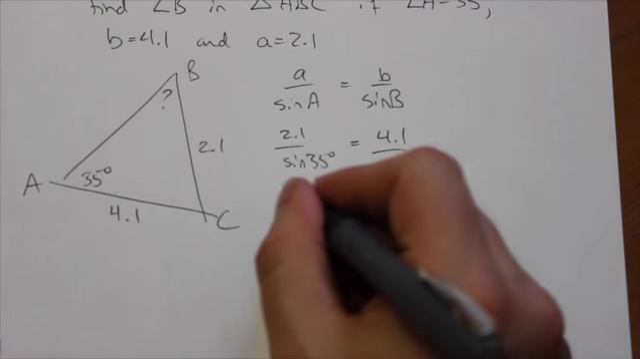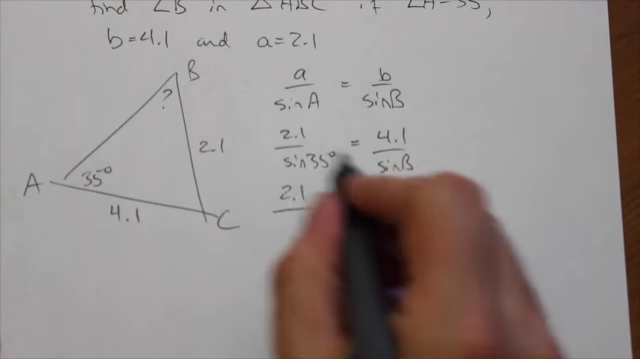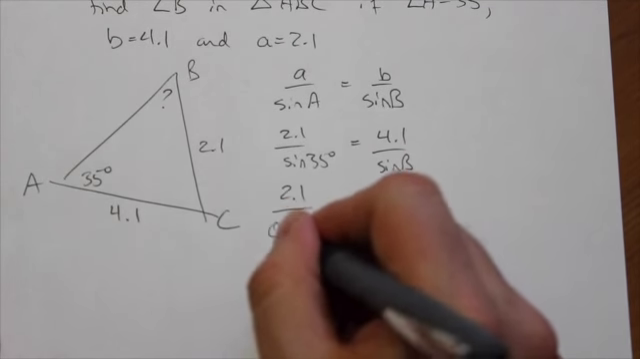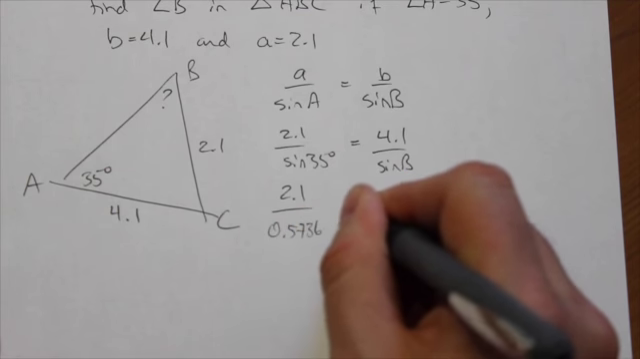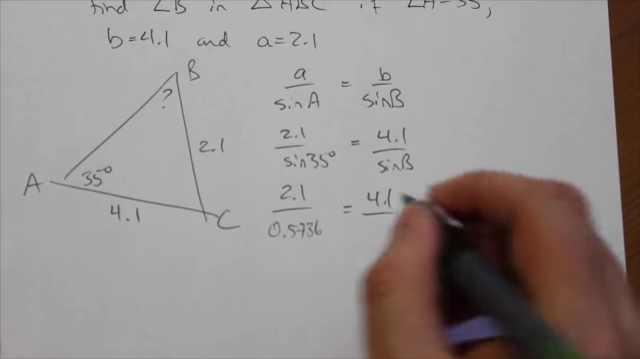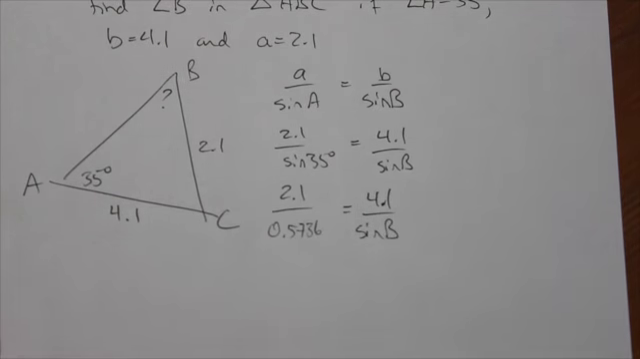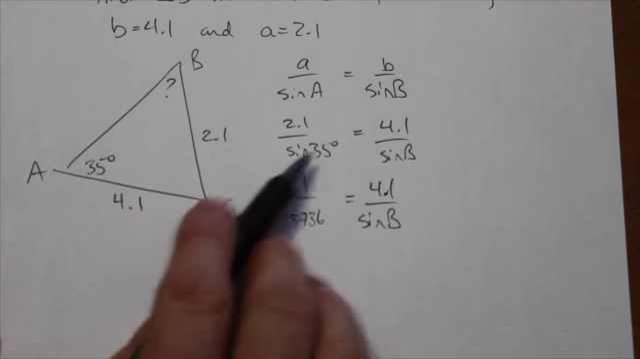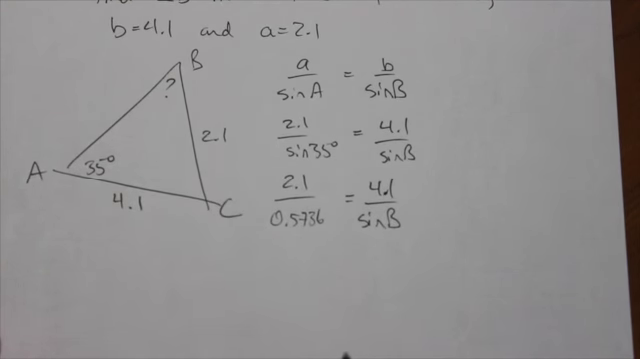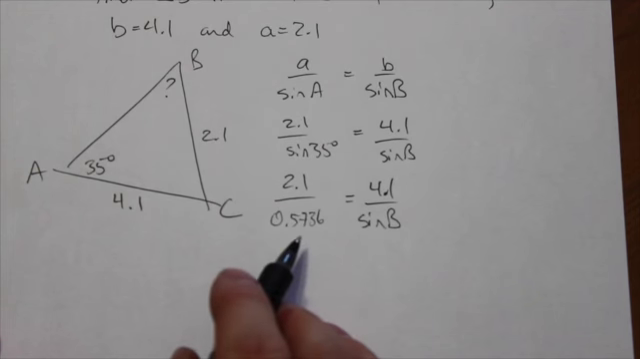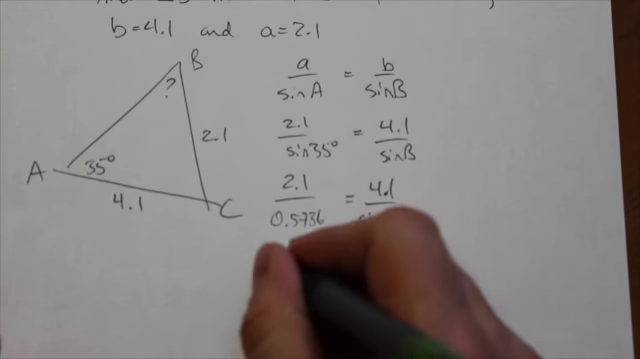And as I've done before, what I'm going to do at this point is evaluate the sine of 35, because I want to avoid some very specific calculator errors that just unnecessarily come up frequently, regardless of how we talk about it. So sine of 35 becomes 0.5736, and now I cross multiply,